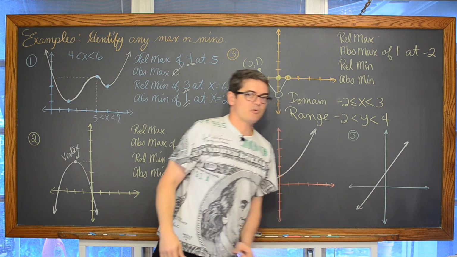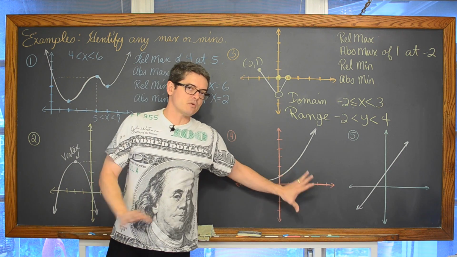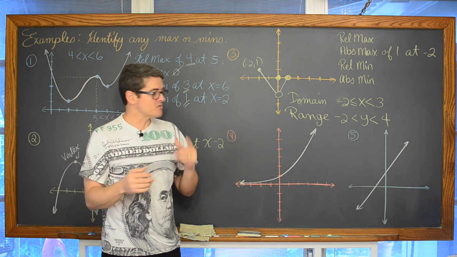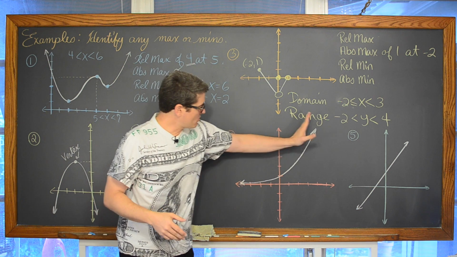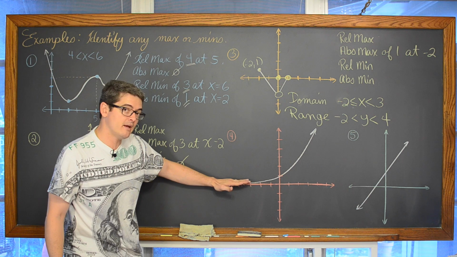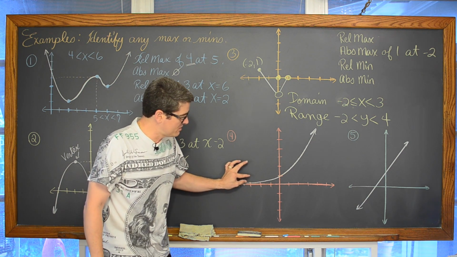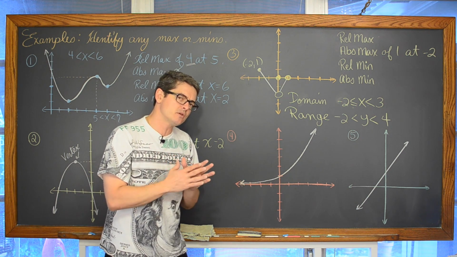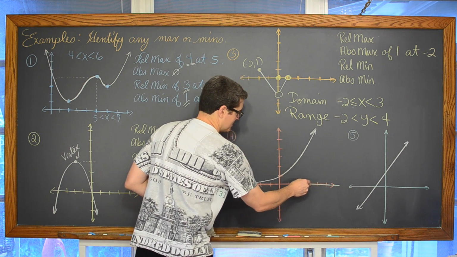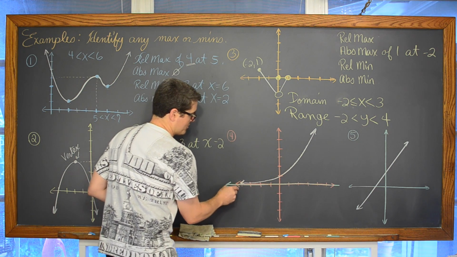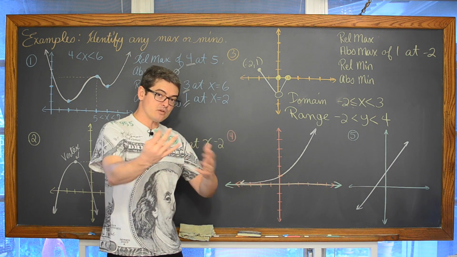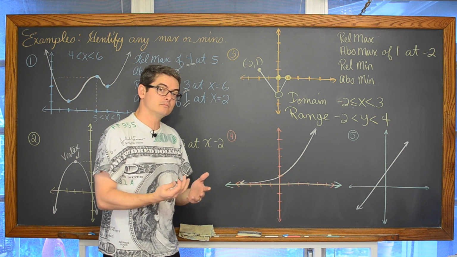Now, these last two graphs, 4 and 5, I've scrunched them down into the corner. Why is that? It wasn't quite because I was running out of room, but because this graph goes down as we go to the left. That graph is going down forever. Now, it seems to be flattening out, but do you know something called an asymptote? We're very early into our study of algebra, at least that's how I'm making this lesson, and I don't think my book has identified what an asymptote is yet. So that can be kind of a problem. I have to clear that up with my students. I'm not sure if you've heard about asymptotes yet either.